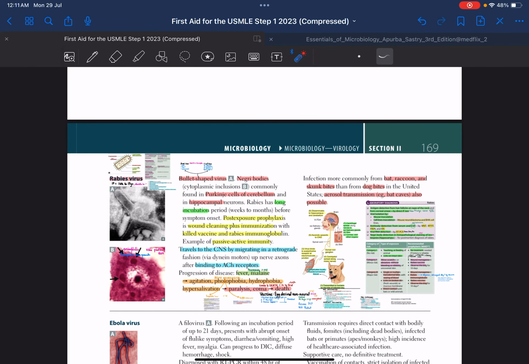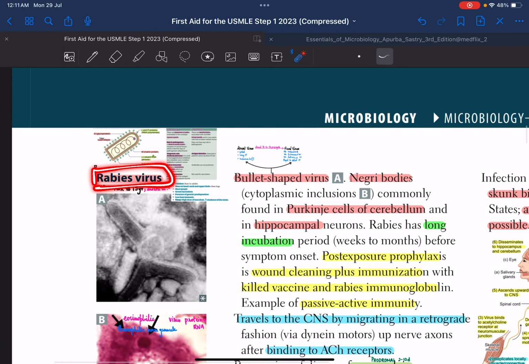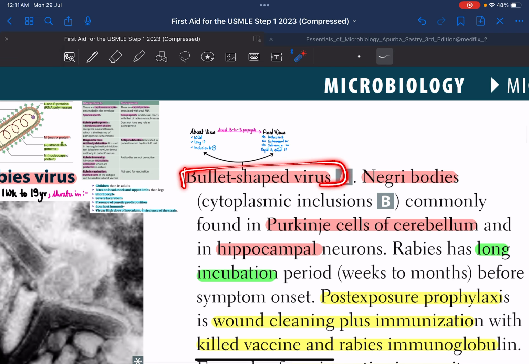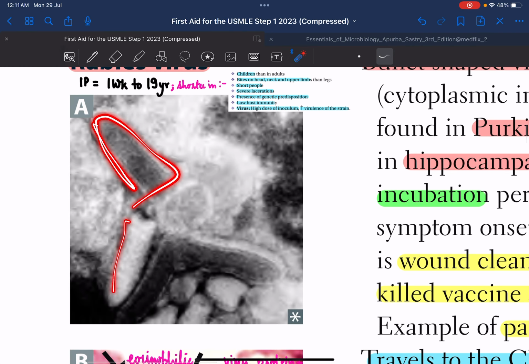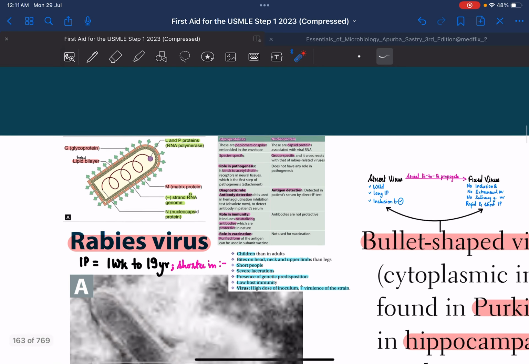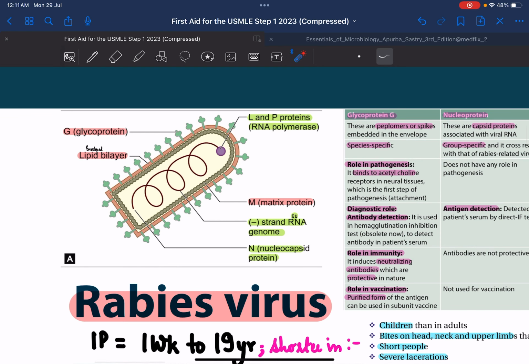Okay, so now we'll be discussing the rabies virus. Rabies virus is basically a bullet-shaped virus, and this is how it looks under the electron microscope. Bullet-shaped virus. And reading its structure in detail, rabies virus is an enveloped virus which has a lipid bilayer, and